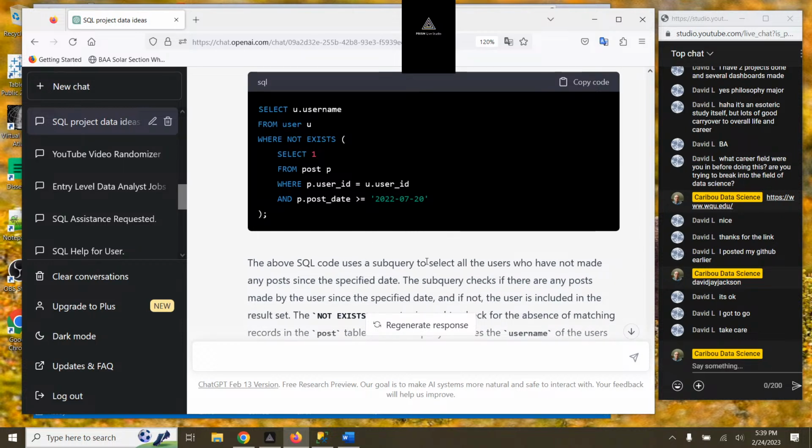The bonus uses a subquery to select all users who have not made any posts since the specified date. The subquery checks if there are any posts made by user since the specified date, and if not,